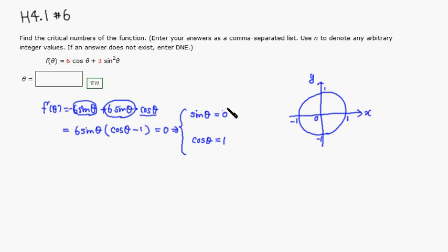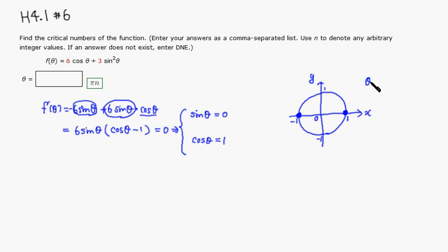So the sine value represents the y coordinate of the point. The points on the circle with y coordinate 0 would be right here, or right there, which means that the angle is 0